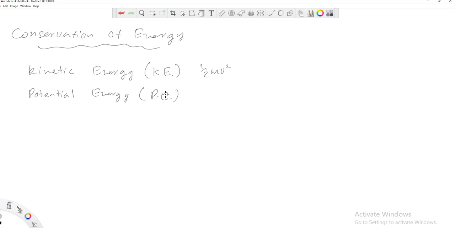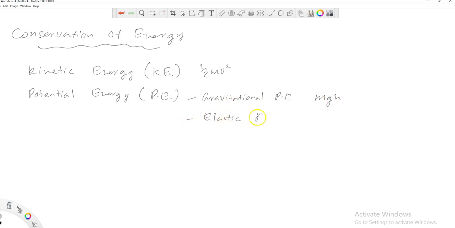So there's two ways that something can gain potential energy: by lifting it above some reference level, so we call that gravitational potential energy, which is given by mgh, mass times gravity times height from that reference level, and also